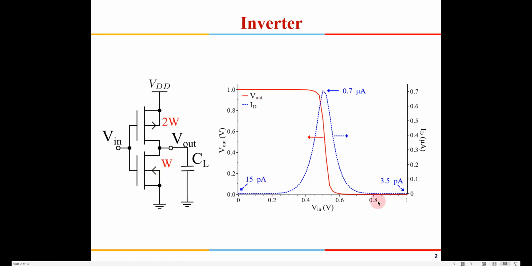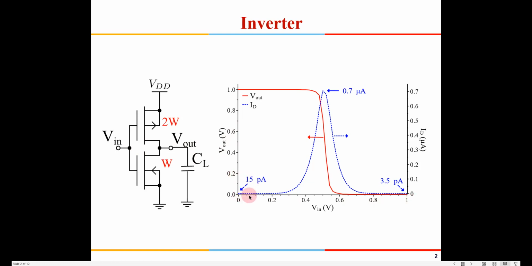This particular graph I had shown you last time, so let me show it once again. On the x axis you have Vin, and on the y axis we have the output voltage. This is a simulation from a 45 nanometer device, so the maximum voltage here is 1 volt. The input is changing from 0 to 1 volt. When the input is 0 the output is 1, and when the input increases, it falls sharply and comes to 0. So this is basically inverting whatever the input is.